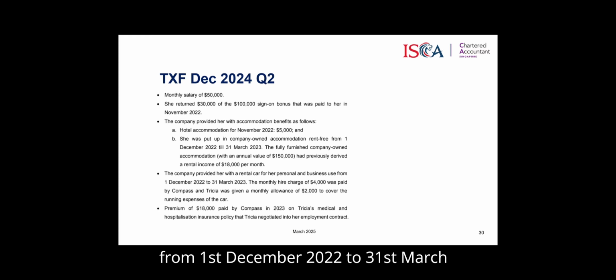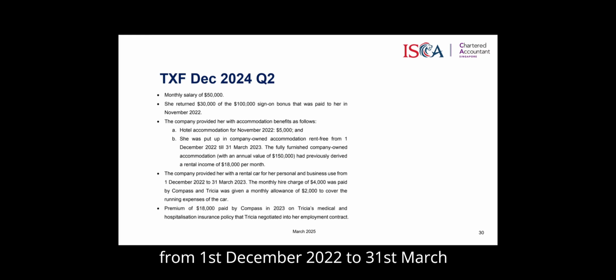The fully furnished company-owned accommodation with an annual value of 150,000 had previously derived a rental income of 118,000 per month. The company provided her with a rental car for her personal and business use from 1st December 2022 to 31st March 2023. The monthly hire charge of 4,000 was paid by Compass, and Tricia was given a monthly allowance of 2,000 to cover the running expenses of the car. Premium of 18,000 paid by Compass in 2023 on Tricia's medical and hospitalization insurance policy